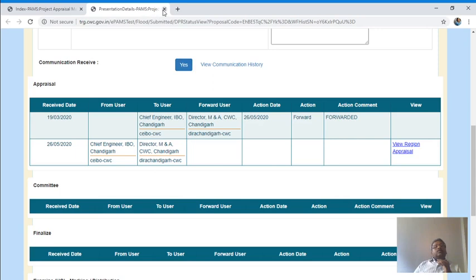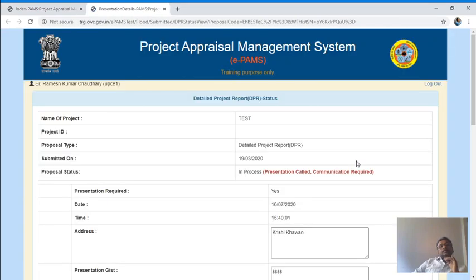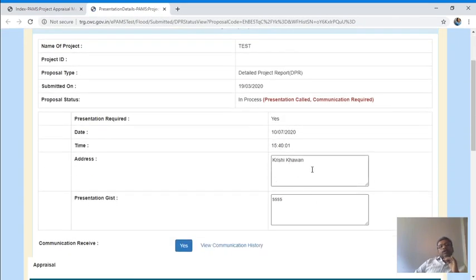Now it is clear that there is red color text, presentation required, meaning the nodal officer wants a presentation from you. So just click it, see it in Krishi Bhavan, and what is the gist.